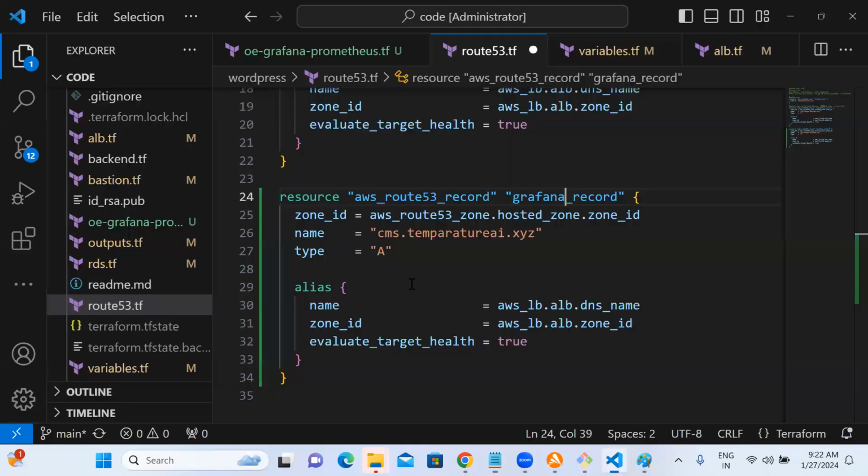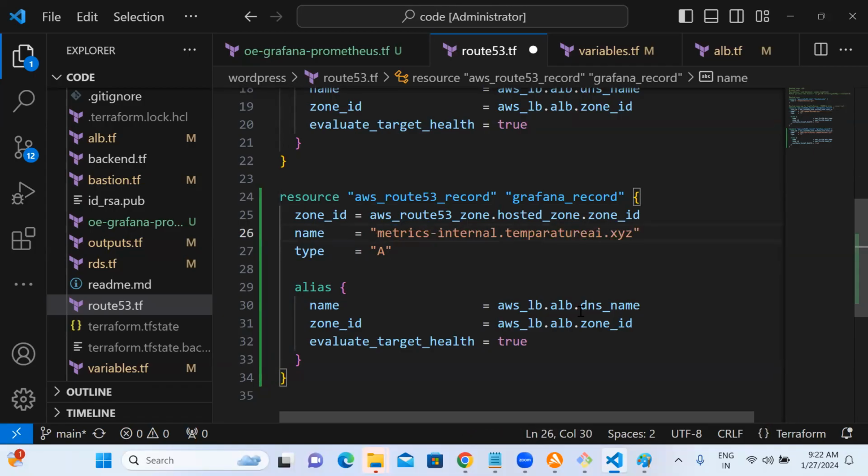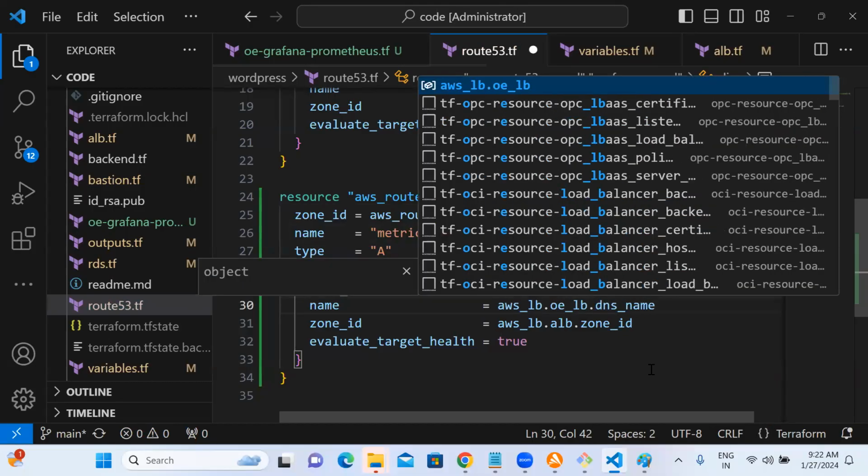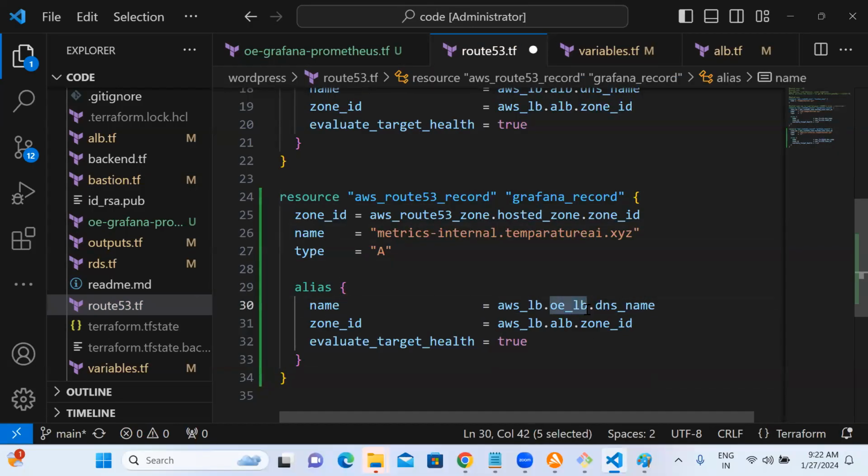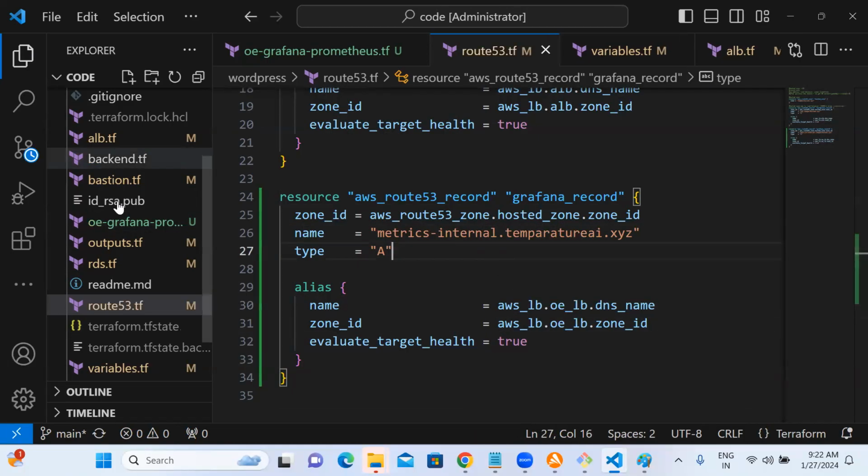Metric symbol. Here you have to call your load balancer, that Grafana load balancer. I think we have named it OE, yeah, exactly, OE underscore LB. If you want, you can output this also. Let's do output also for the safer side.